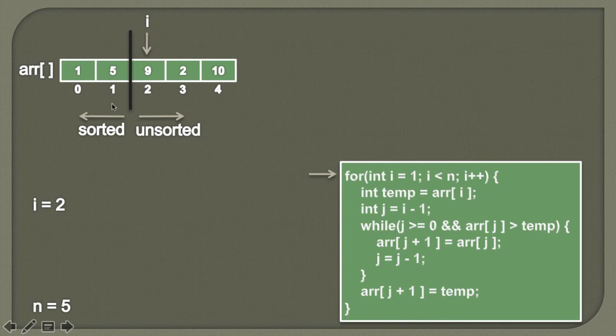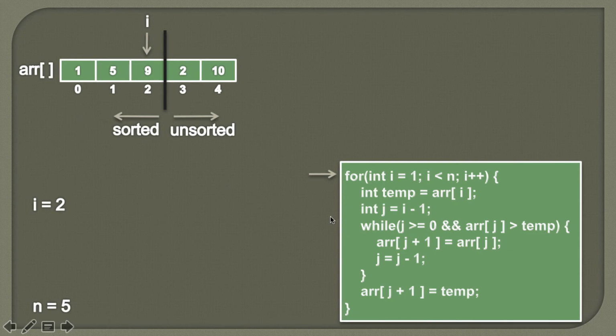So now here you can see the three elements 1, 5, 9 are properly sorted. So therefore 9 will be now part of this sorted array. We increment i by 1. i becomes 3. And now we simply pick the first element of the unsorted array. So we simply store the value 2 into a temporary variable. Because now we want to place this 2 into its correct position in the sorted array.